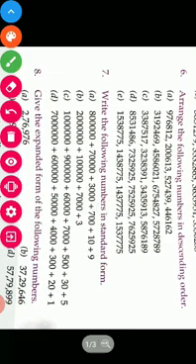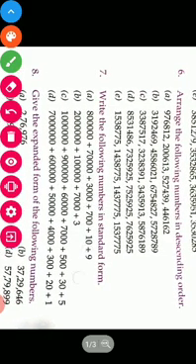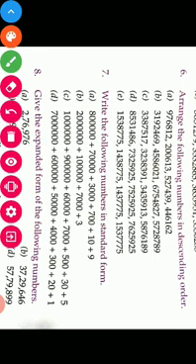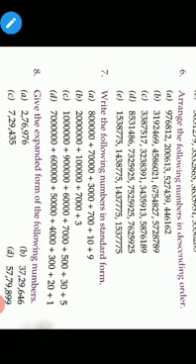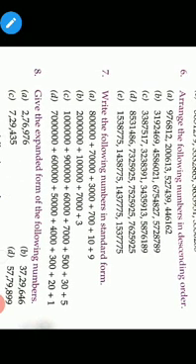Okay, next one, write the following numbers in standard form. Here the numbers are given in expanded form, and we'll write this one in standard form. Already one expanded form or standard form video is prepared. That video you can see once again, and easily you can write this one. The last one you see, write the expanded form of the following numbers. Here the numbers are given, we'll have to write this one in expanded form. Already one expanded form video is also prepared, that one also you can see, and otherwise you can write very easily. Also try to write this one in your notebook.